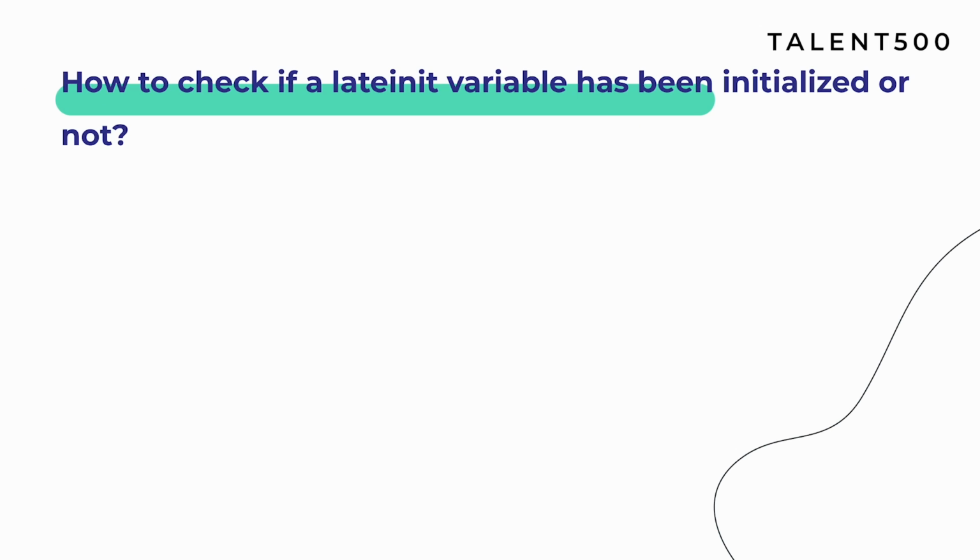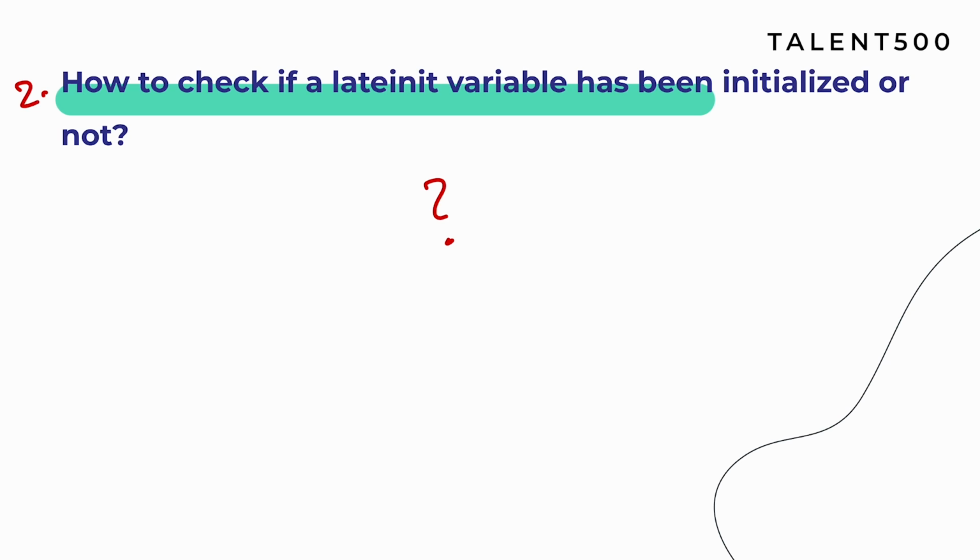It is exactly a follow-up question: how to check if a lateinit variable has been initialized or not. It might be that you have to fetch a value from a variable which is declared using the lateinit keyword, right? So how will you exactly check if it has a value or not? You can check if the lateinit variable has been initialized or not